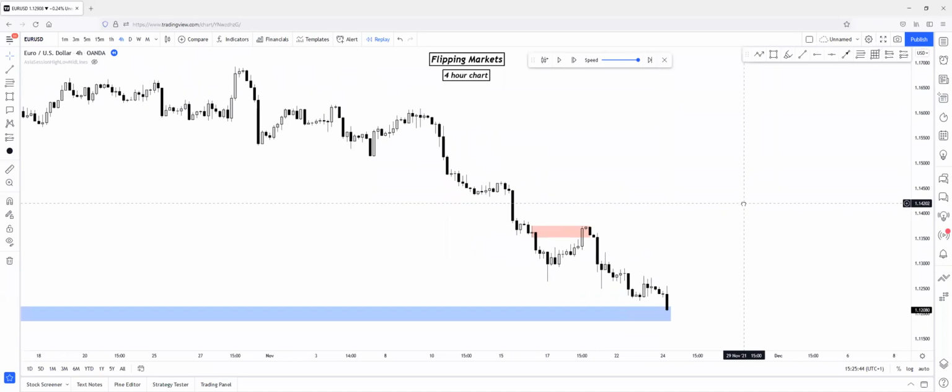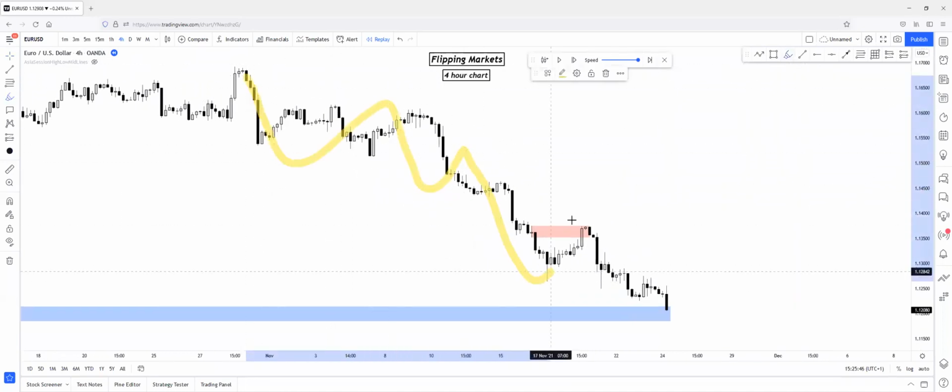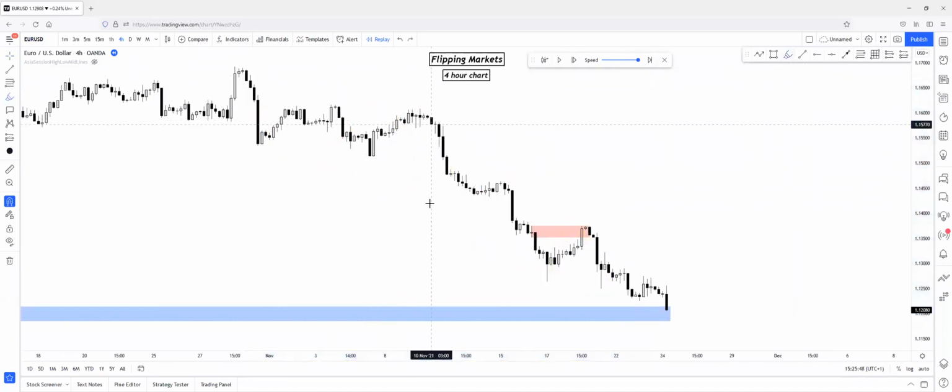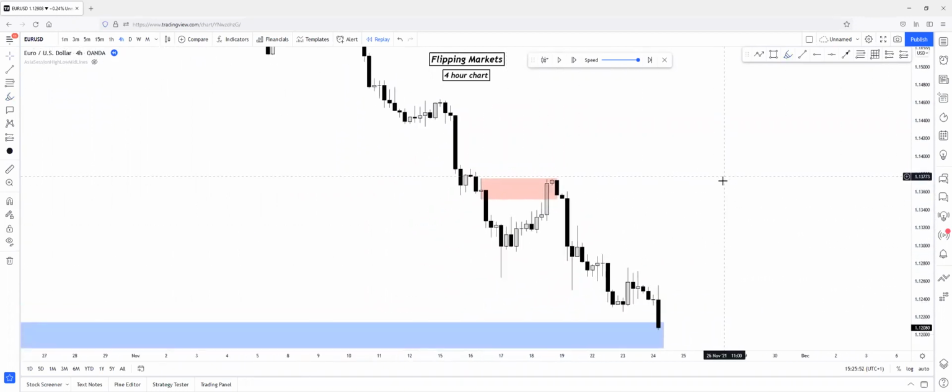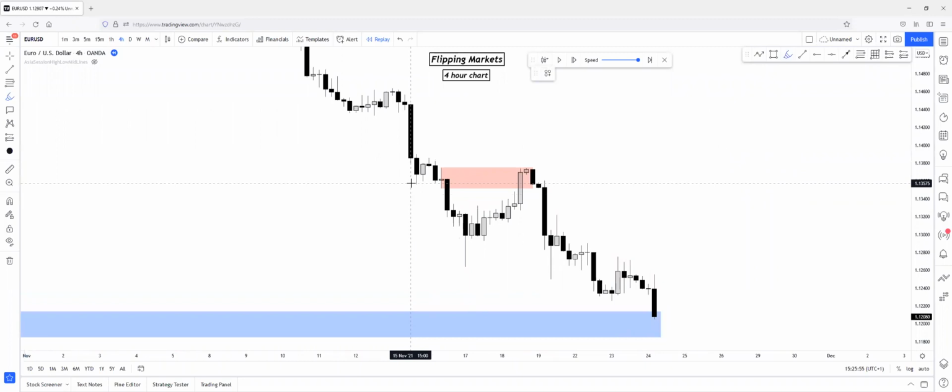So let's see the live example. As you can see, price is currently moving in a downtrend, creating a series of lower lows and lower highs. Let's focus on this region. As you can see, price created a break of structure to the downside with this candle. After that, it created inefficiency, so there's a gap between the wicks. This area needs to be filled. Price has a great chance to levitate back up to this supply zone, react on this supply zone, and continue